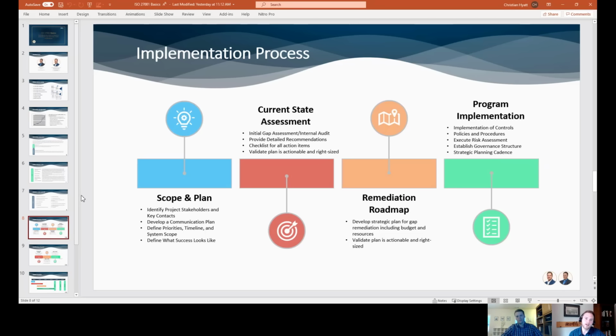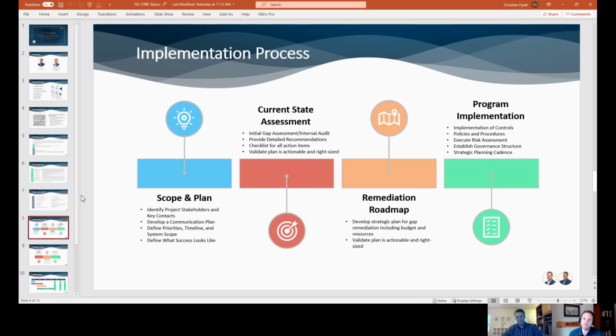Also for us, that's about putting together a detailed project plan, identifying all the stakeholders that might be involved, educating those stakeholders with orientation sessions like this, and making sure that everyone's on the same page about what we're going to do, how we're going to do it, and what the timeline is. That's a very important piece.